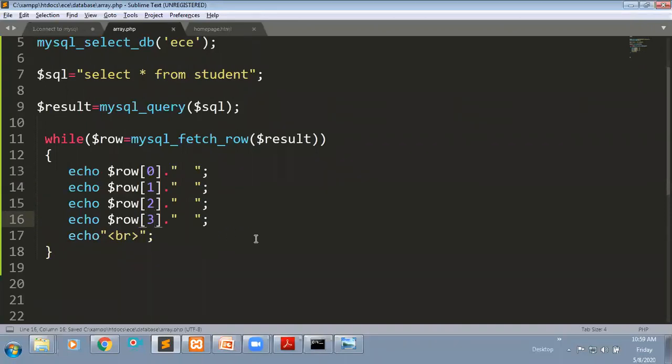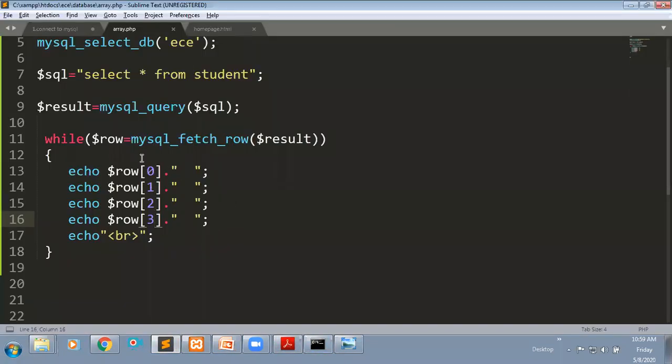I'm saving this file. If I refresh this page also, the same values you will get. A small difference: if it is an associative array, you need to mention the column name as the key, or else if it is a row, you need to mention the index value as the key. It starts from 0, 1, 2, 3.